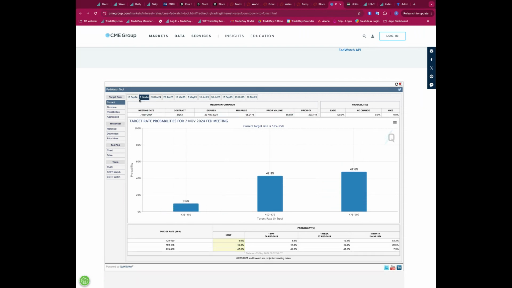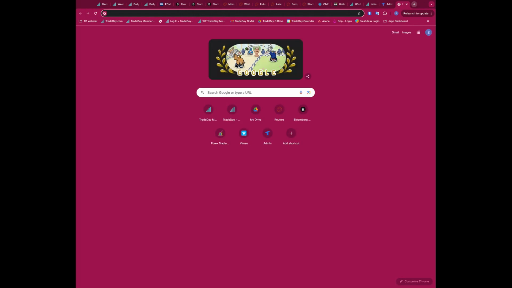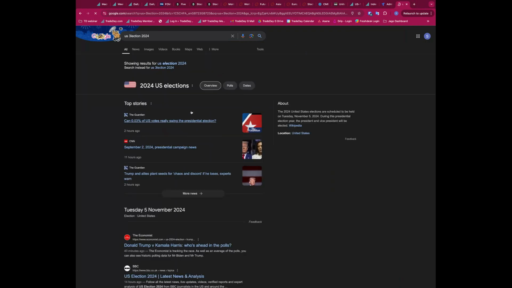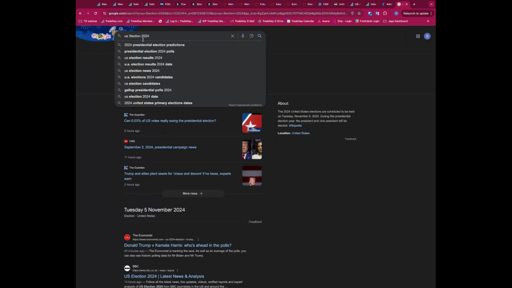I don't know whether there's thoughts around the market maybe pricing in because of the election. The meeting is after the election, but obviously there's no guarantee that we get a result on election day or soon after. So the election, I think, is on the 5th, 6th, right? US election 2024, is that right? US election day, maybe that would help.